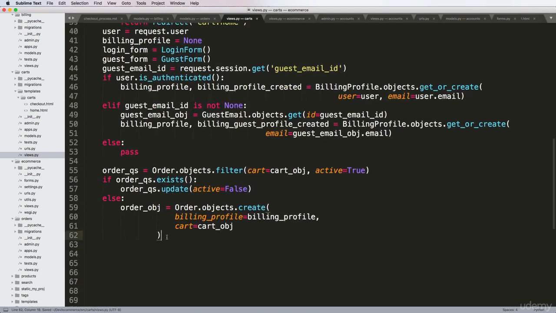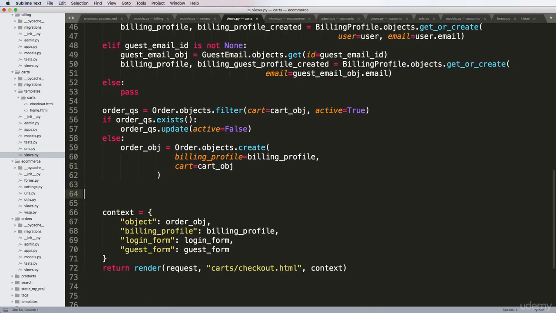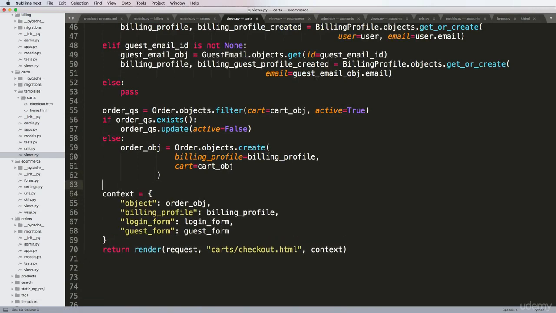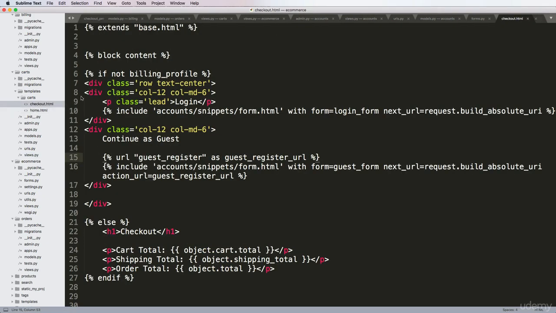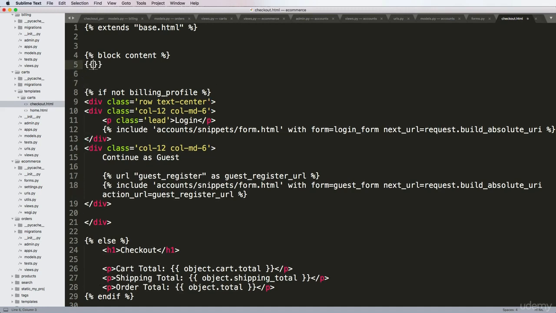Okay, so this gives us our actual order object, and it should do it in a way that makes a little bit more sense. So we'll have to test this out to see what I mean. But what I want to do inside of that checkout is, for the order object, do object.order ID so we can see this order ID